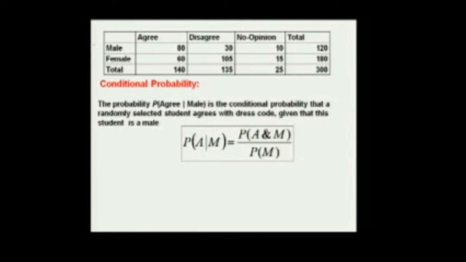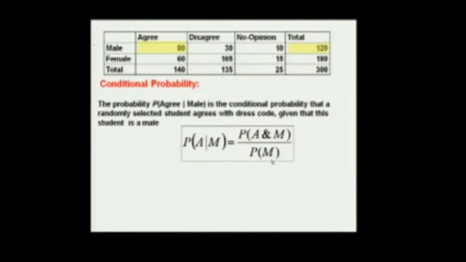So we have this value and we have this value from the contingency table. The 80 over 300 will give us the probability of A and M, and the 120 divided by 300 will give us the